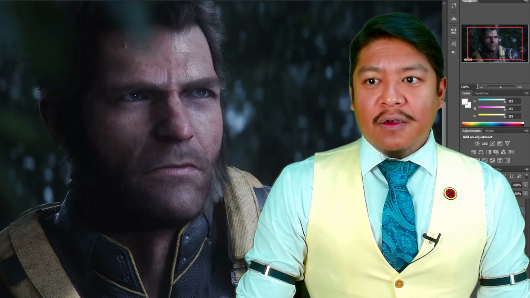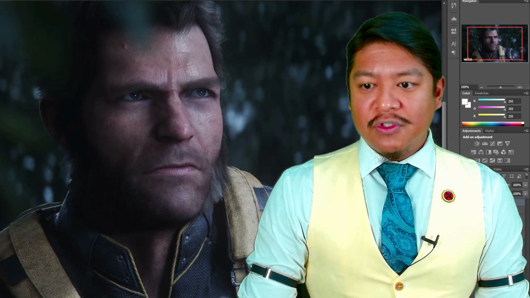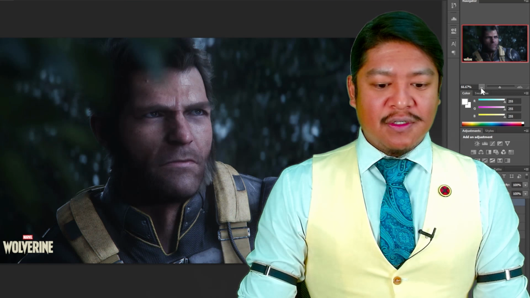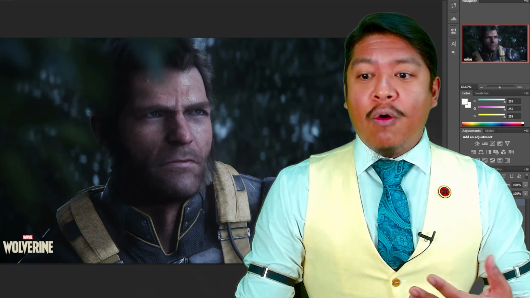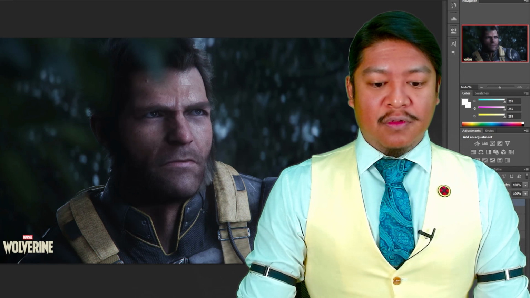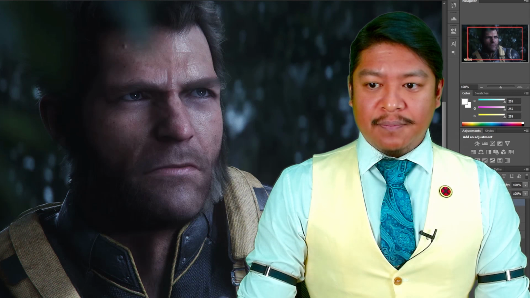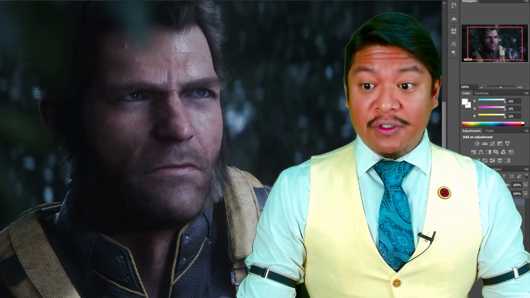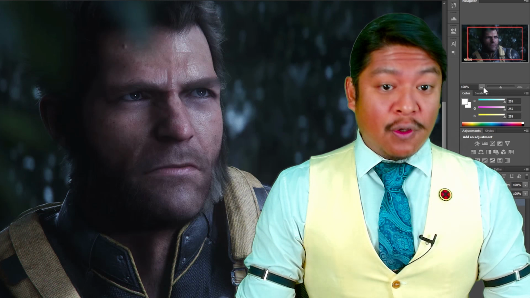Okay, now I'll go ahead and put these into a group so we can do a quick before and after. So this is before and this is after. Which of these looks better to you? And I'm not saying what looks more realistic. I'm saying to your eye, what do you prefer? What do you feel looks better? So this one or this one? It's such a subtle difference here, but I feel that it does make quite a big difference. So something like that. To me personally, this just looks better. It has the proportions of an adult man.